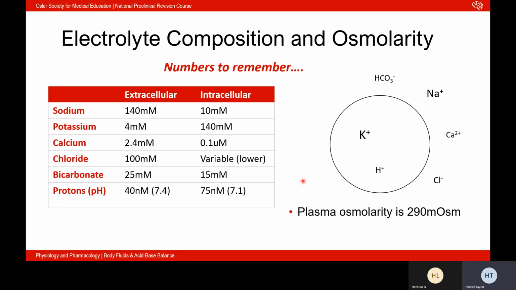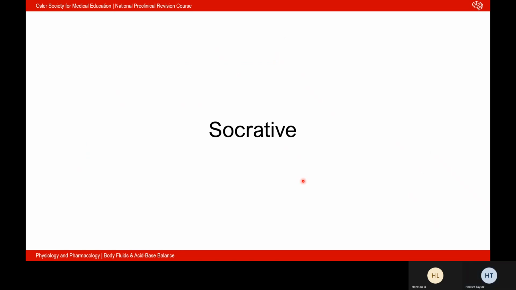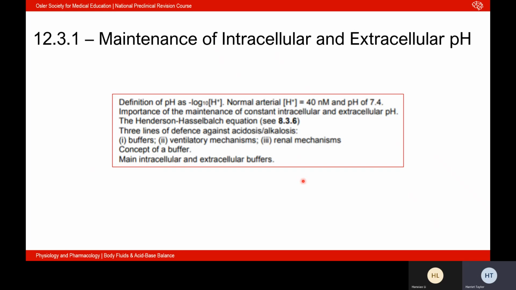Another key point is to know that the plasma osmolarity is 290 milliosmoles. That's a really important number to remember. And our plasma glucose, when we're fasting, so when we haven't had food for a while, is 4 to 6 millimolars. Right, so I'll skip the Socrative for now, and we'll move on to our maintenance of intracellular and extracellular